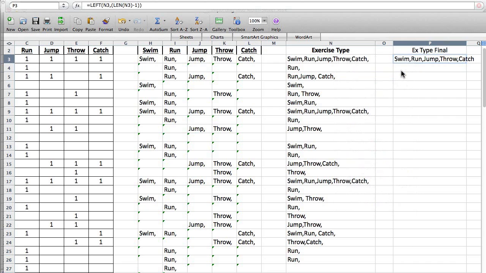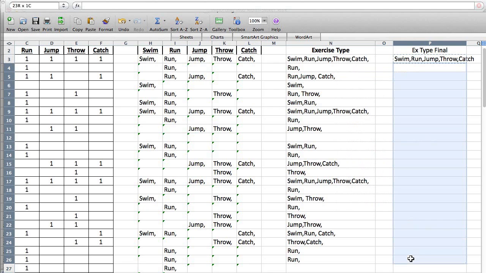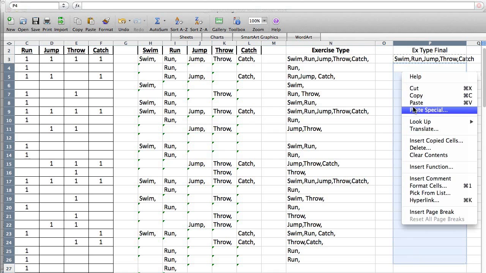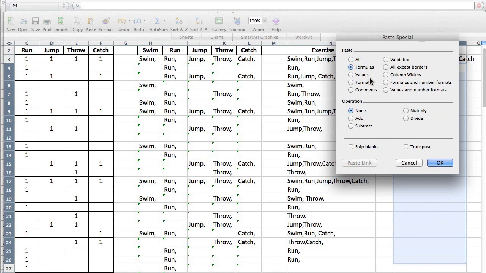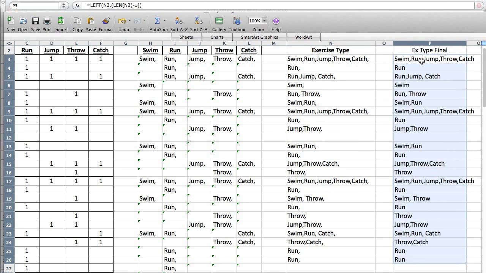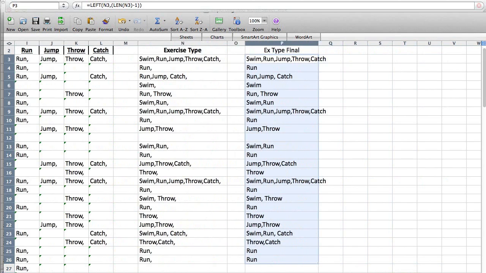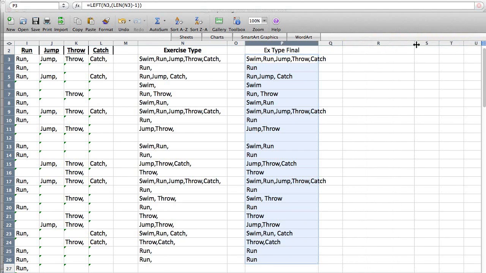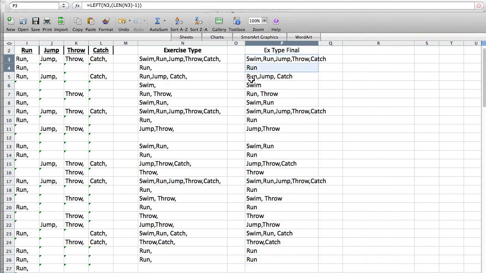So now what we want to do is copy and paste, as always, into these columns. Paste special, formulas, okay. So now we have our final exercise types without the commas at the end of each of the sentences. And what I always do when I'm working with a lot of formulas and I just need one final list is that I just copy and paste